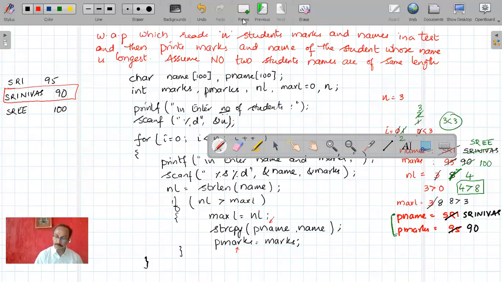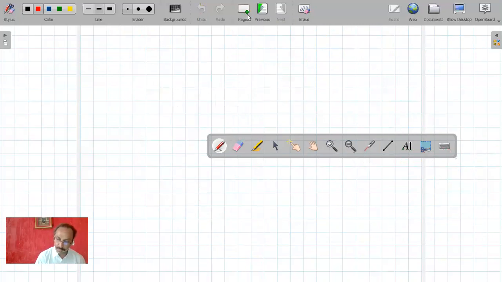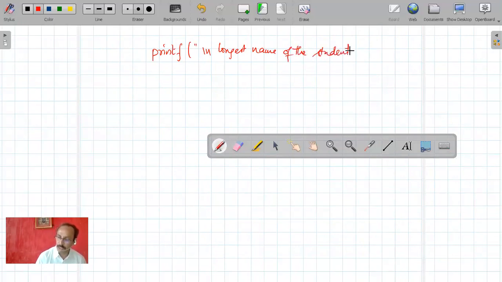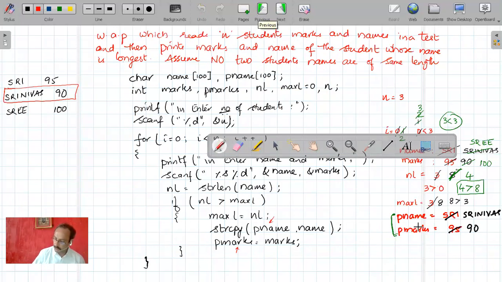Now, let us say I printf \n longest name of the student. What is longest name of the student? Pname.